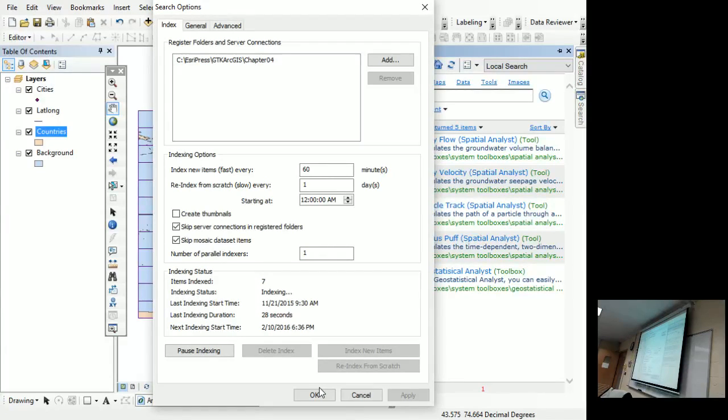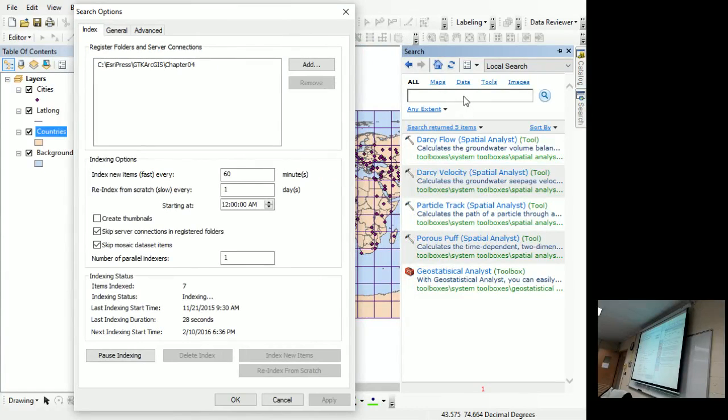What's that? When this is all done, this indexing status will stop. Over here, you're going to type in pollution, and then you should see the countries, the cities. It wants you to select the US cities PM, so as long as you see that.